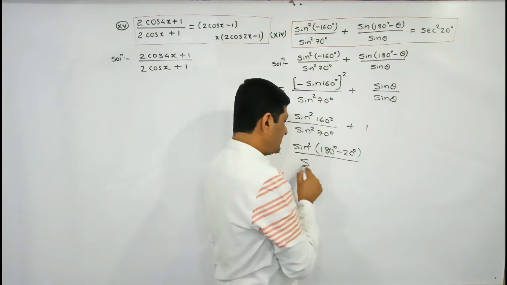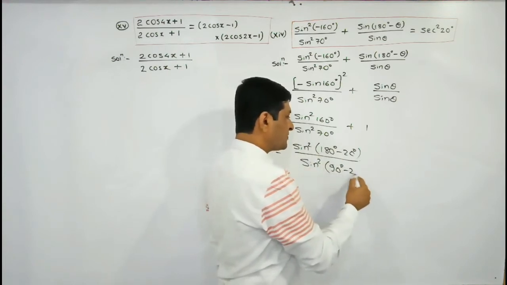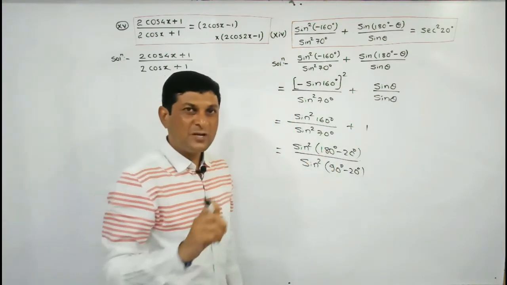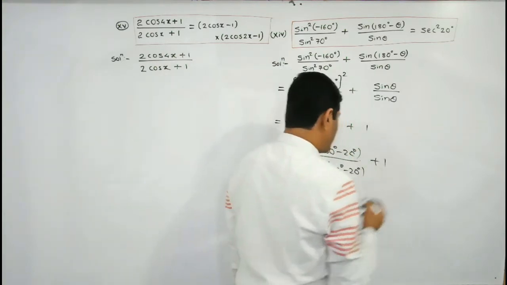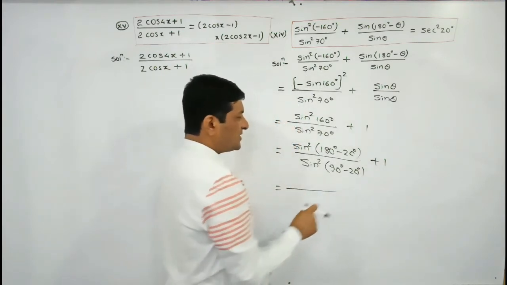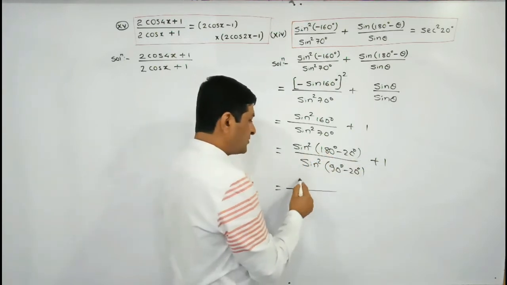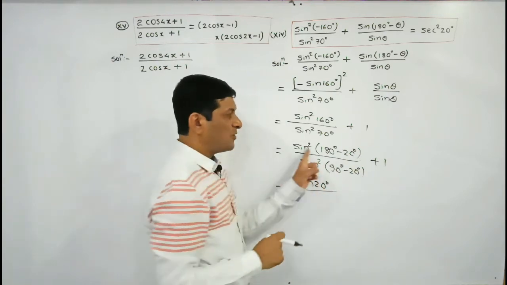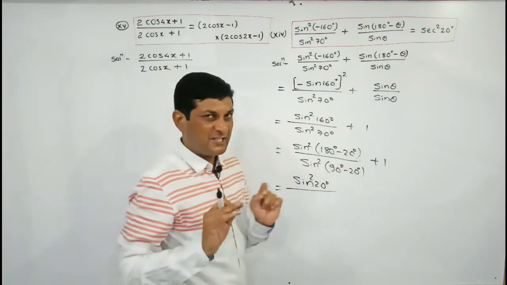In the same way, in the denominator also, can I write 70 degrees as 90 minus 20? If we take the first term as 180 or 90, we are able to make use of the allied angle formulas. So keep the next term as it is, plus 1 as it is. According to the allied angle formula, sine pi minus theta will be equal to sine theta, where 180 means pi. What is theta here? 20 degrees. Keep the square as it is, and the value of this term will be positive because the quadrant is second, and in the second quadrant the value of sine is positive.